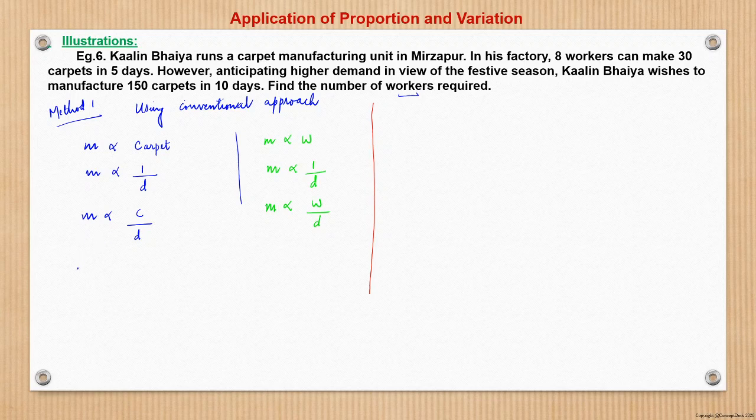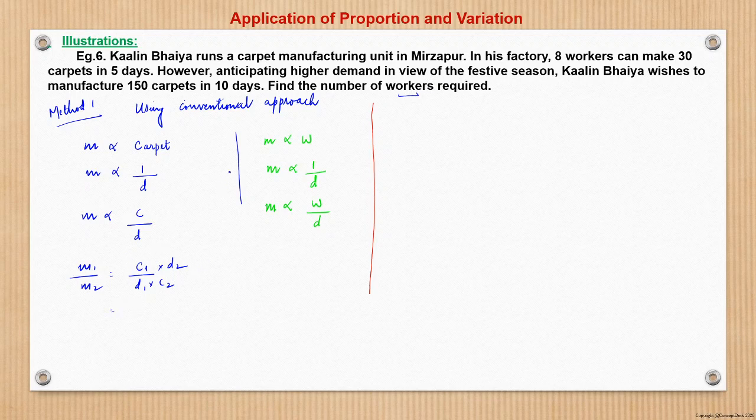right? So this I can write as M1 by M2 is equal to C1 by D1 into C2 by D2, right? Basically for M1 I am writing C1 by D1, and for M2 I am writing C2 by D2. So D2 will go in numerator now, and the constant term will get cancelled from numerator and denominator.